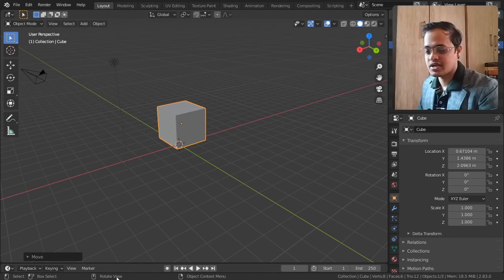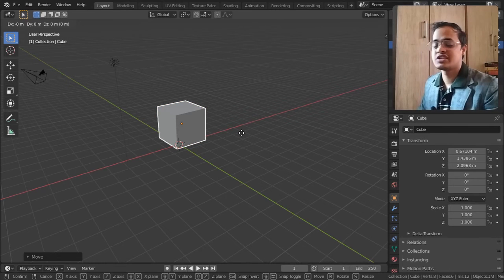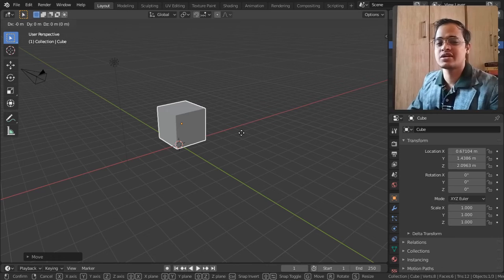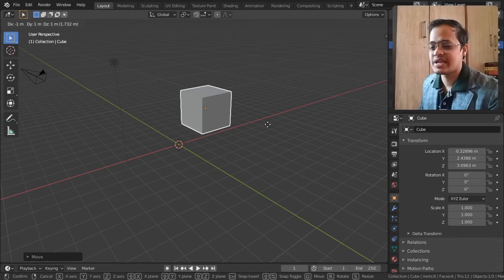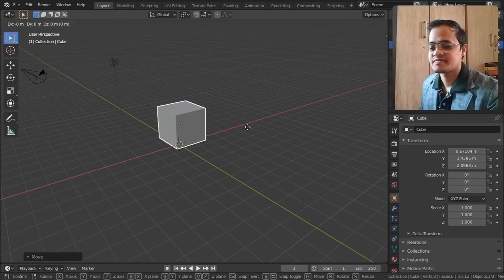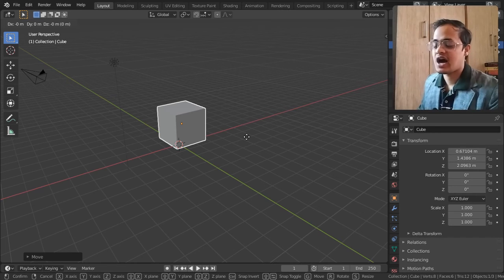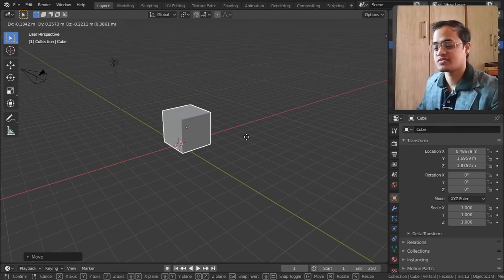here is the status bar here at the bottom of the screen. See, I am going to take this mouse to the bottom of the screen, and here you can see that this is the status bar. And the moment I tap G, you see there are little small shortcuts and exceptions given there. The moment you apply it, it is going to change the way Blender works. Let us see one option. If you hold Control, it is going to snap and move it. Isn't it great? Yes, it is. How? I will show you in the further coming videos.